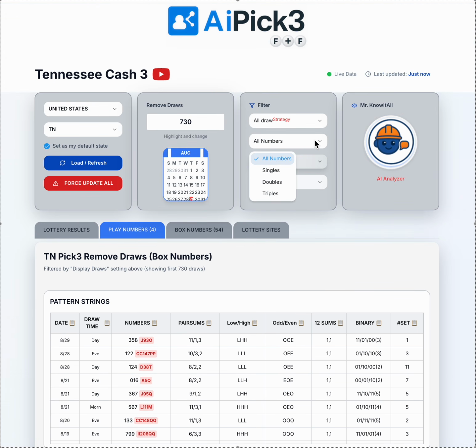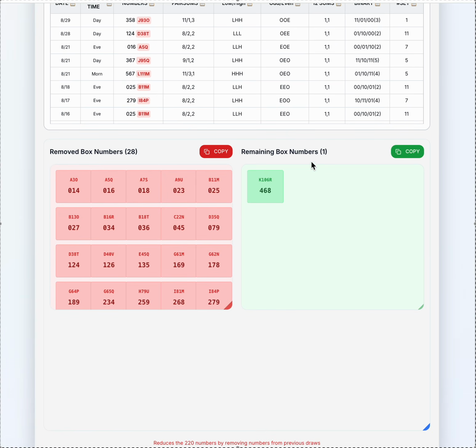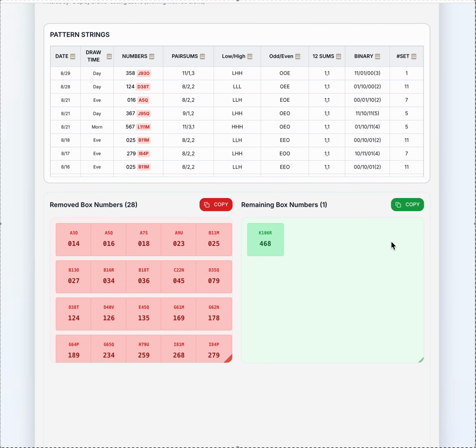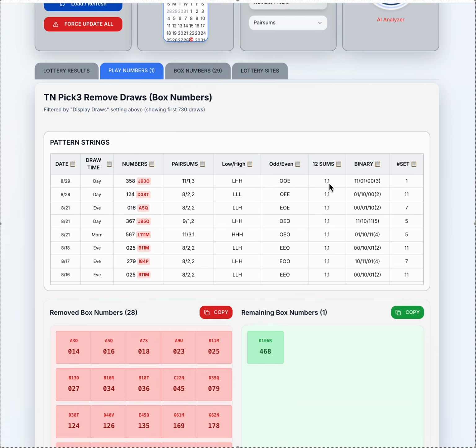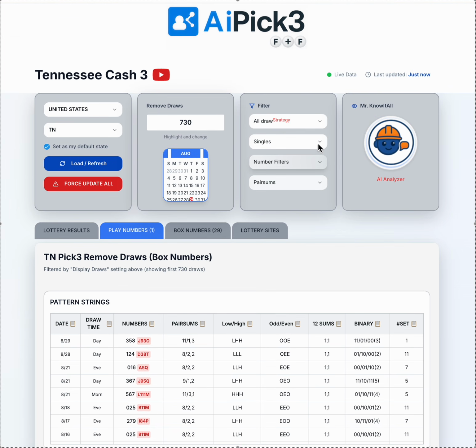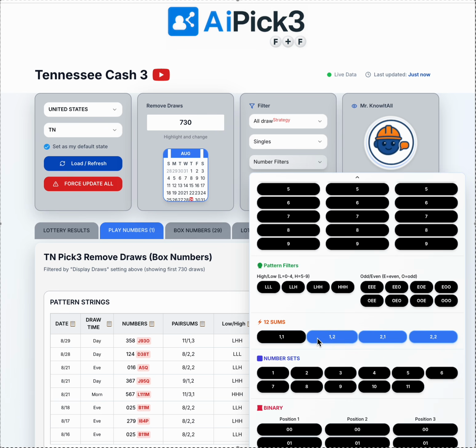So if you think it's going to be single, you got 28, 29 numbers. 29 numbers you could play, if you simply think that 1 1's going to come out. Okay? I'll get back to the lotto pool, I just want to show you this real quick. If you think it's 1 2,